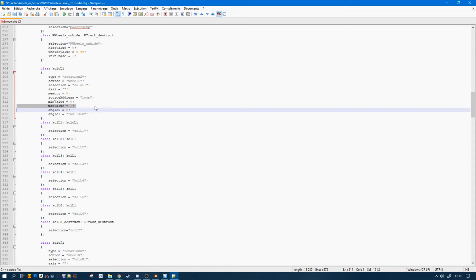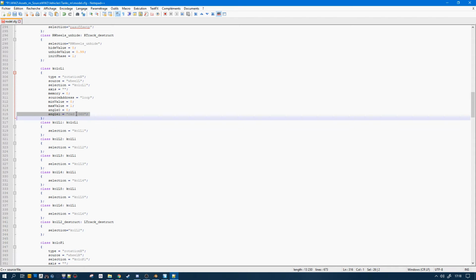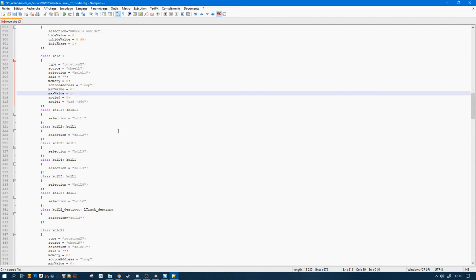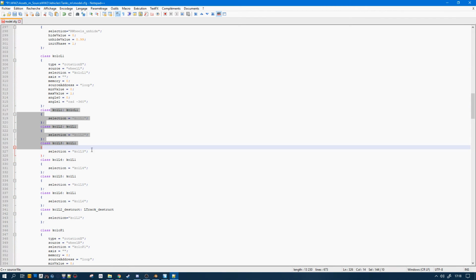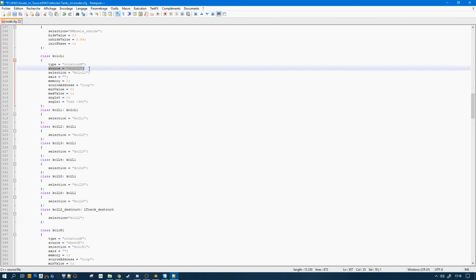Much of animations in ARMA are between 0 and 1, and the angle is going to be 0 at start, minus 360 at end, looped, so it's going to turn and turn and turn until the source is going to stop. And since you have inheritance, it's going to apply the very same thing to all left wheels, and so all left wheels are under wheel left animation source.